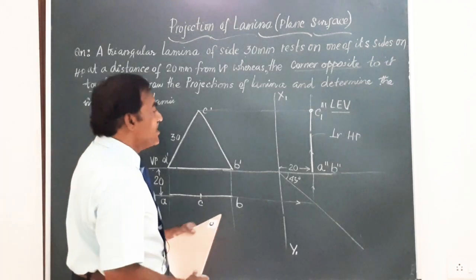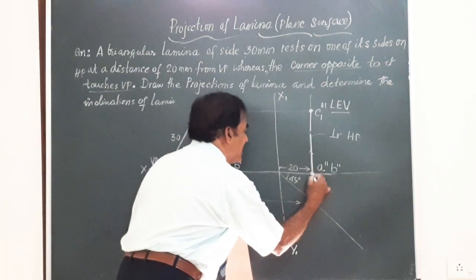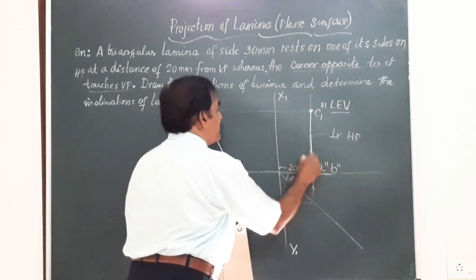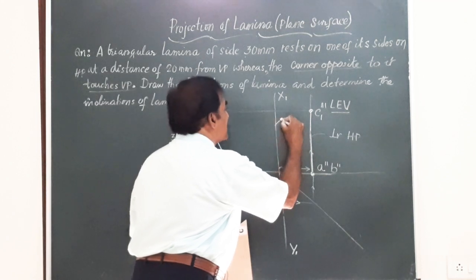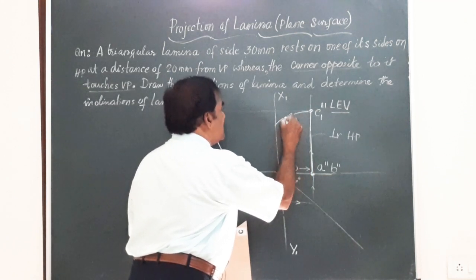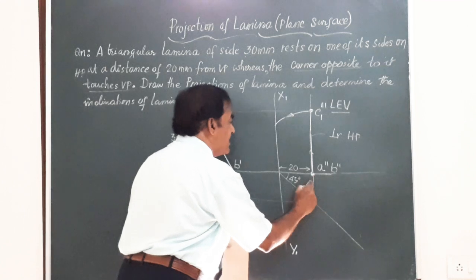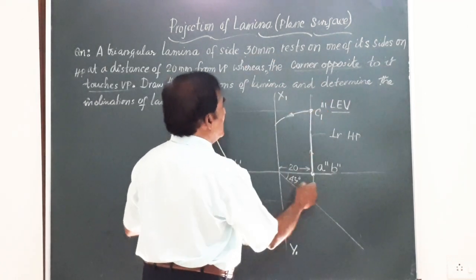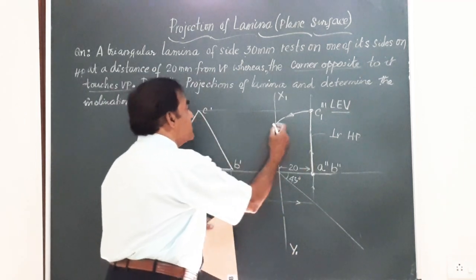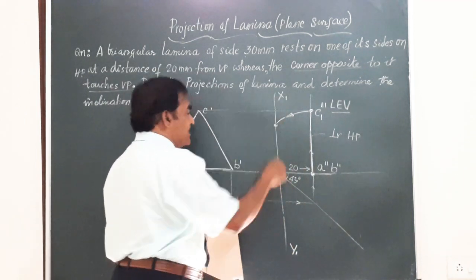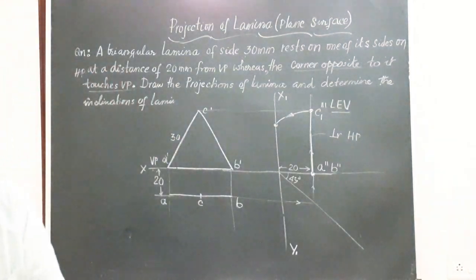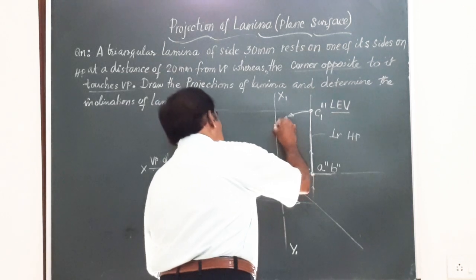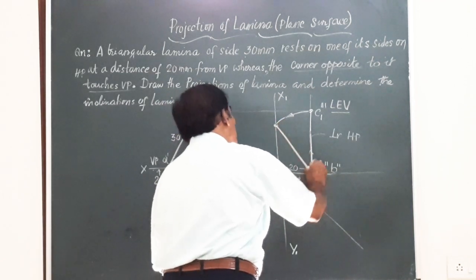So in drawing, how do we do it? You take center A dash B dash and radius equal to this length, from here to here, and strike an arc. Friends, take center A dash B dash and length equal to A dash B dash C1 double dash, strike an arc. So it is going to touch this wall. This line represents the wall or VP. Friends, if you join these two, you get the final side view.